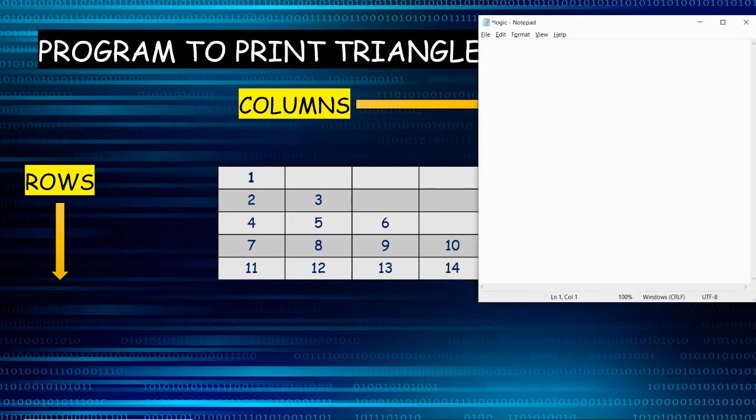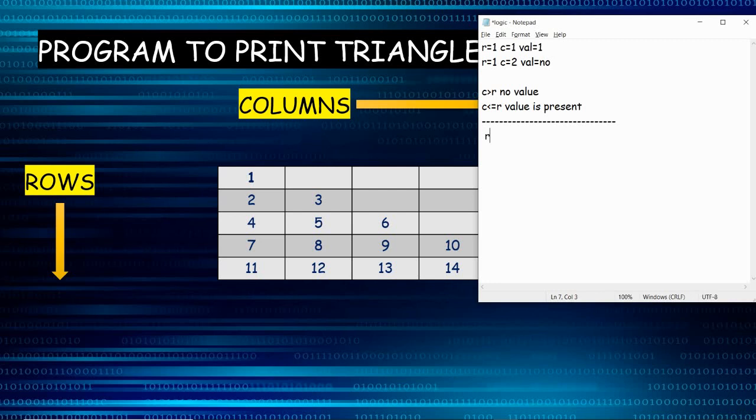Looking at the logic of the program, when row is equal to 1 and column is equal to 1, the value is 1. And when row is equal to 1 and column is equal to 2, we are not having any value there. So from this, we can conclude that when column is greater than row, we are not having any value. And when column is less than or equal to row, we are having some value there. Now let's check with row 2 and row 3.